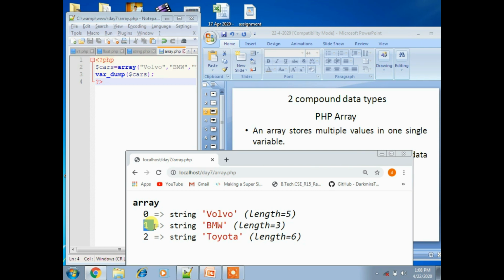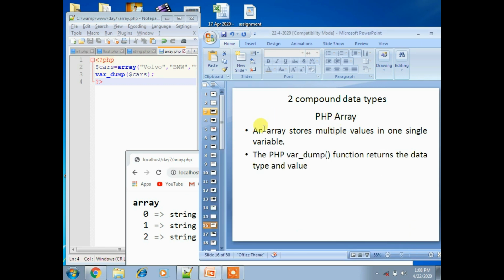If you want to find the length of a particular word in PHP, it starts from 1, 2, 3, 4, 5 like that. But array index value starts from 0. So here three different words are there, in a single array, in a single variable, you store multiple values. This is called array, compound data type.